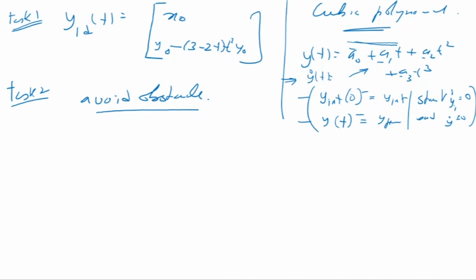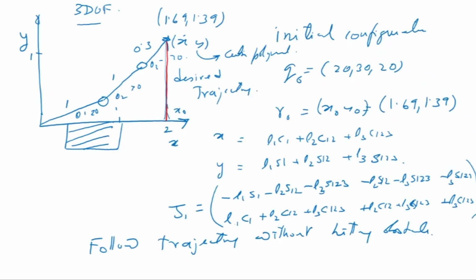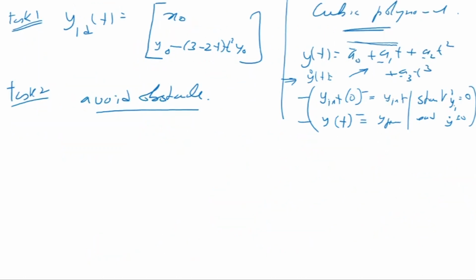Now task 2 is avoid obstacle. Avoiding obstacle basically means that I give it some orientation which it cannot cross. I give it some limit and say this is the limit which it cannot cross. Say for example, I give it this configuration. This is my limiting case, so my second task should be such that it stays near this configuration. Second task, avoid obstacle. How do we avoid obstacle? Configuration nearest to desired configuration.